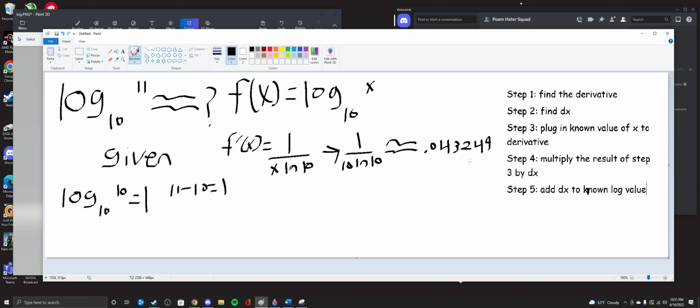Now that we know that that's a decimal approximation of 1 over 10 ln 10, we can now multiply the result of this step by dx. But since dx is just 1, we don't really have to do anything. It's still 0.043249, and now we need to add this value into our known log value. So step 5 says add dx. It's not exactly dx, it's add the result of multiplying dx by step 4. So in this case that would be 1 plus